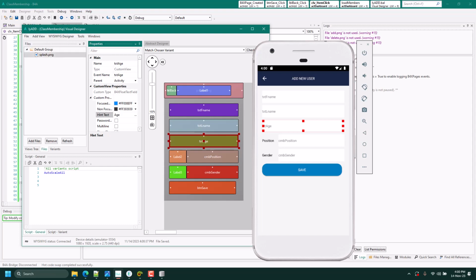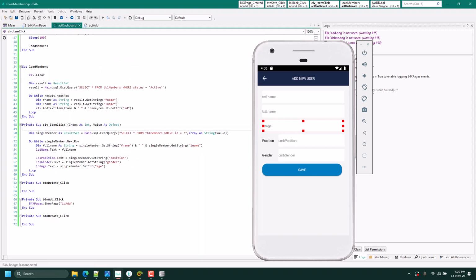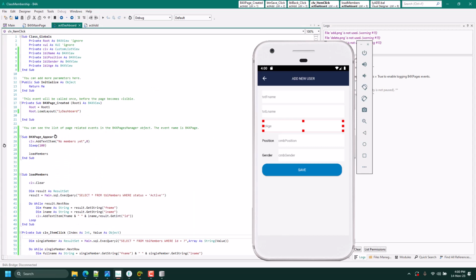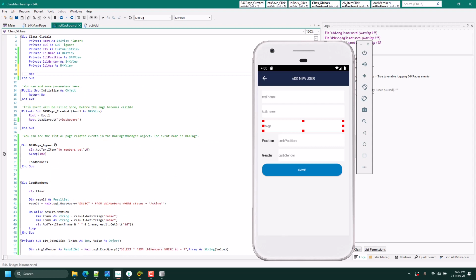Now let's do delete. For delete, what you can do is create a global variable here, file to delete, as, let's just make it string.